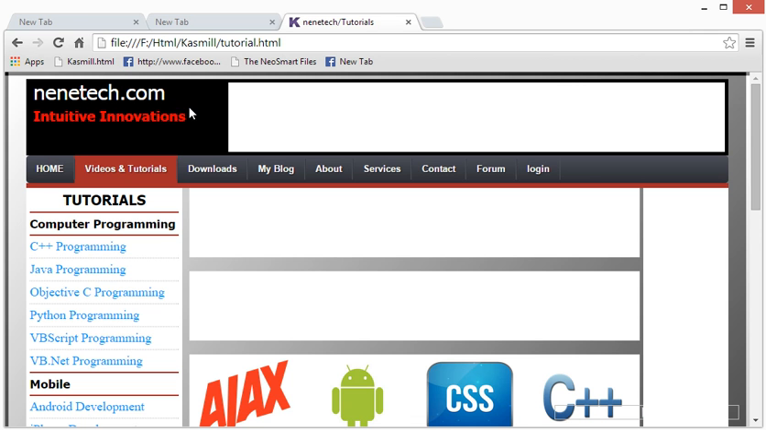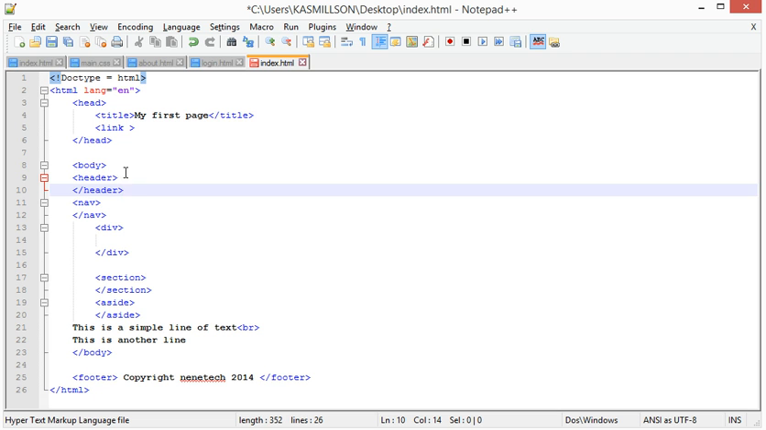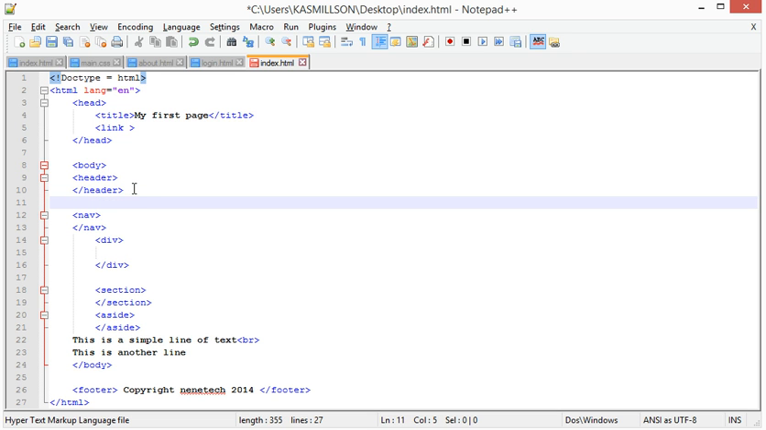So immediately below the header tags we have the nav tags. Alright, so we'll now look at some of the contents that go into these header tags, nav tags, and the rest. Okay, so right now we have to look at one other very important thing, that is